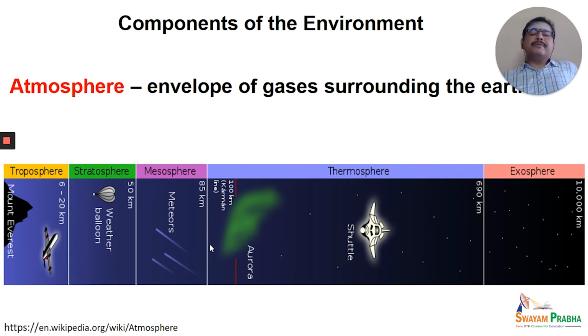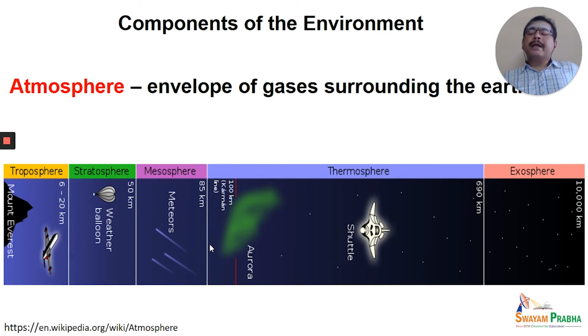Nitrogen and oxygen form the major gases in the atmosphere, while carbon dioxide, argon and other gases form the minor constitution in the atmosphere. So the atmospheric sciences have revealed through research that it is made up of small compartments or spheres, and they are troposphere, stratosphere, mesosphere, thermosphere, and exosphere. They are at different distances from the Earth's surface.